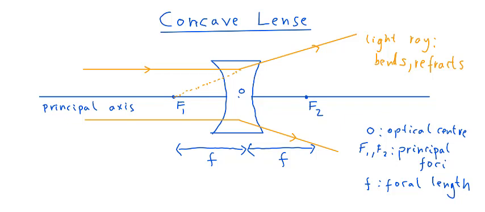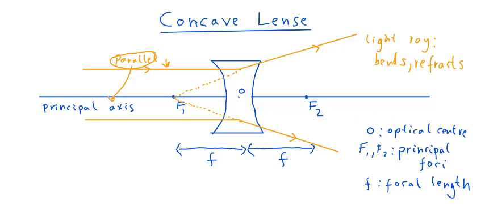So let me do that for this one here. So in other words, whenever you have light rays that arrive parallel, so that we would say this light ray here is parallel to the principal axis,